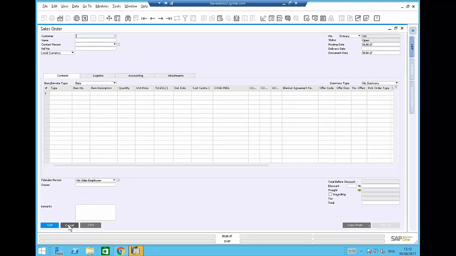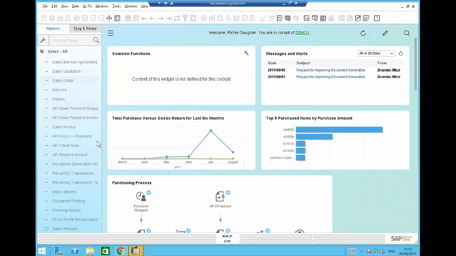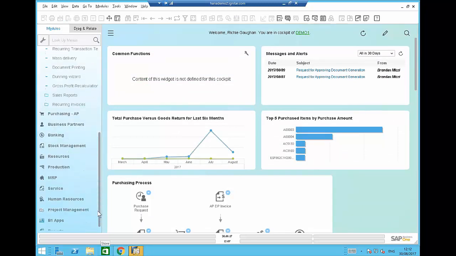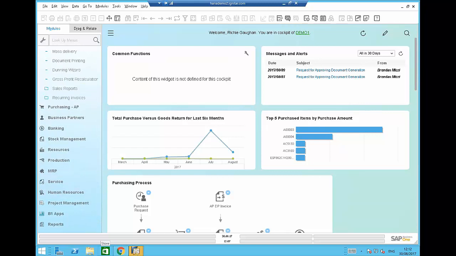Perfect. Okay, so we'll close some of these screens. Now, another part of B1 production is the ability to use the quick resource entry tool. So what we can do is record actual times against processes. Now, in order to do that, we need to take our production order and create something that we call a